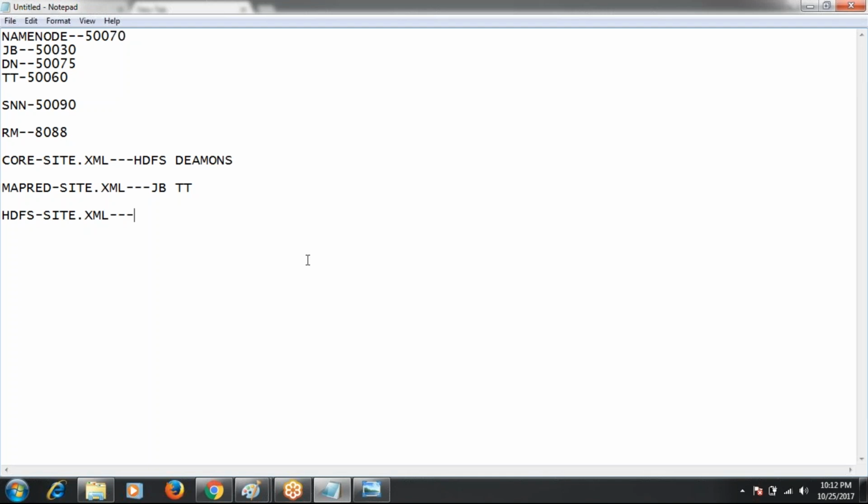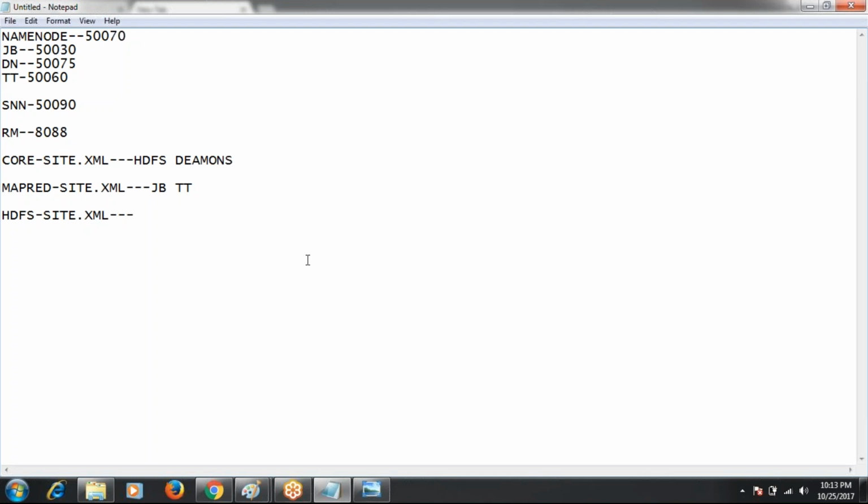If you want to change the replication value from 3 to some other number, like 4 or 2, you can also do this configuration in HDFS-site.xml. So these are the three important configuration files. At the time of cluster setup, using these three configuration files only, we'll configure the Hadoop daemons.